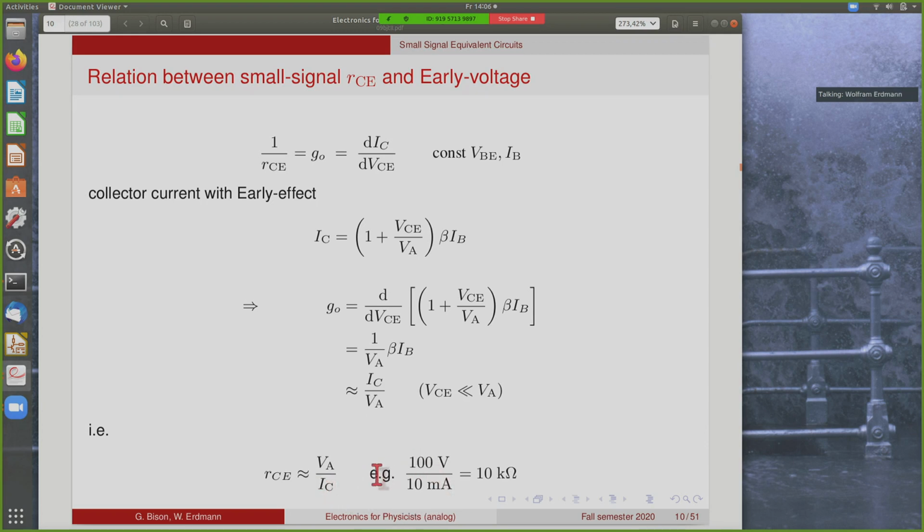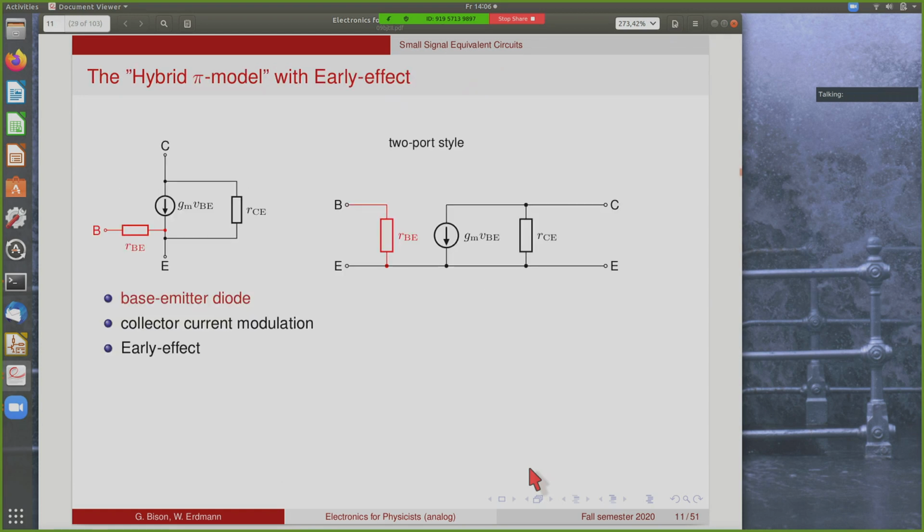So for typical bipolar transistors, this is like 100 volt divided by 10 milliamps, just to have an order of magnitude. So this is 10 kilo ohms. So it's a relatively large resistance, where the emitter resistance on the other hand is extremely small, few ohms typically. Okay,